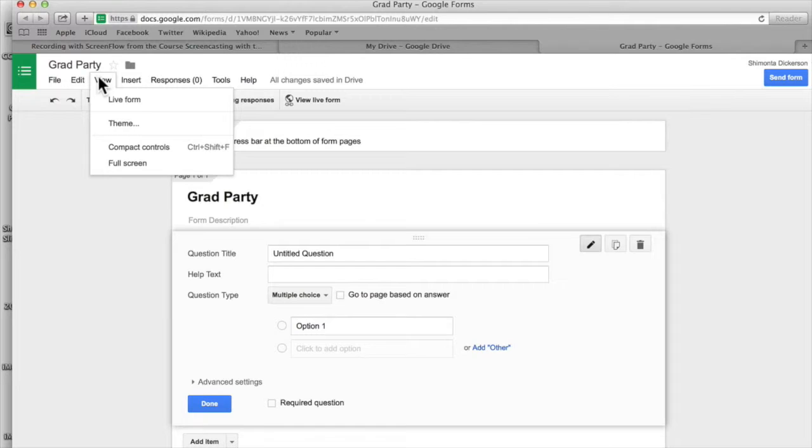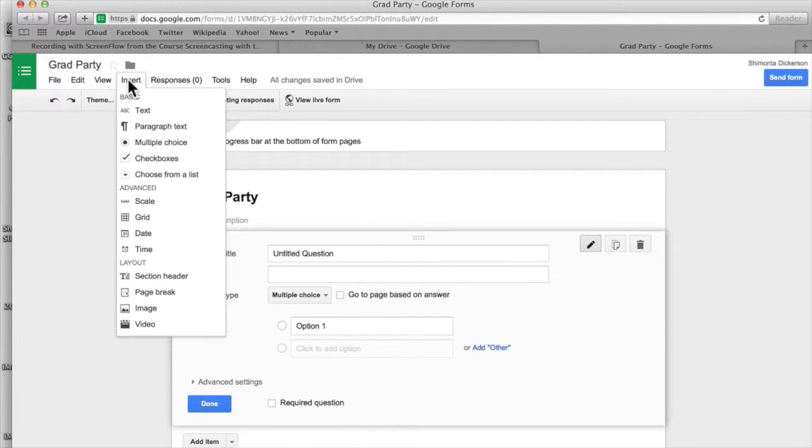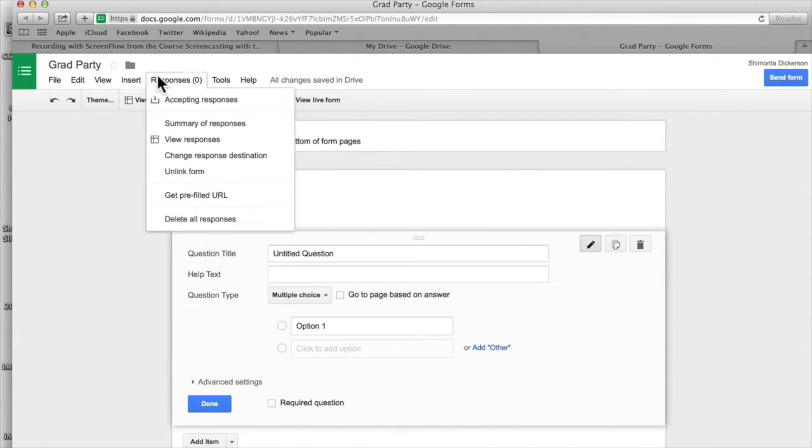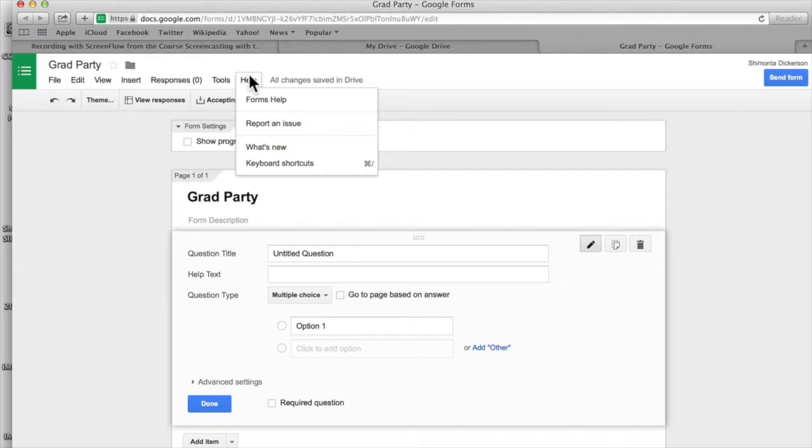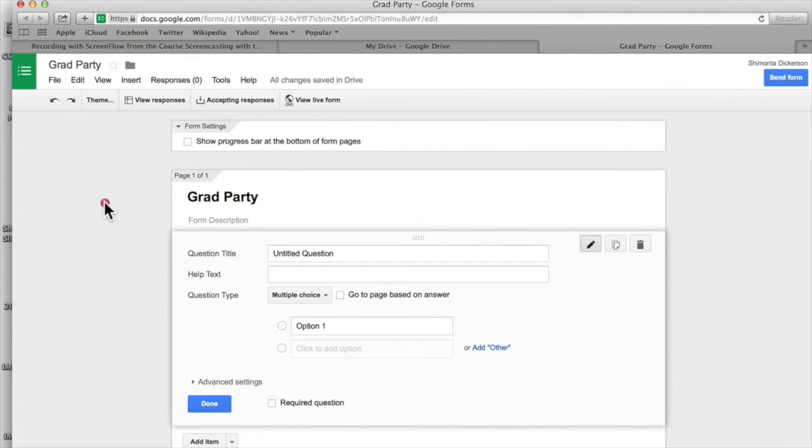It gives you an opportunity to do some views, and what you want to insert into it. This is going to be where your responses are going to pop up, and we'll get to that later where we'll be able to see that in the end. These are some other tools, a script manager and editor, and help functions that you can get to in order to figure some things out. So our first question is going to be,